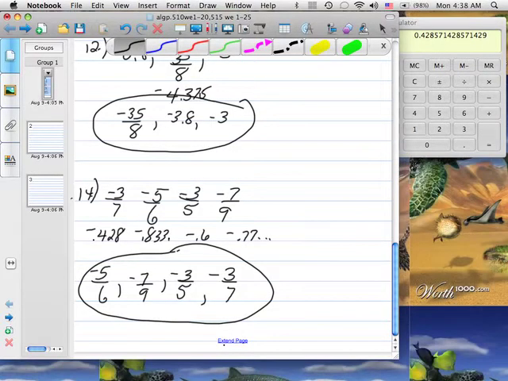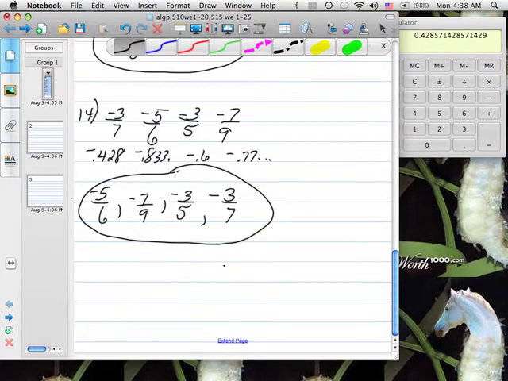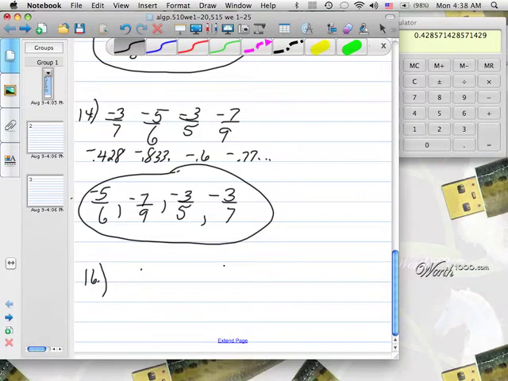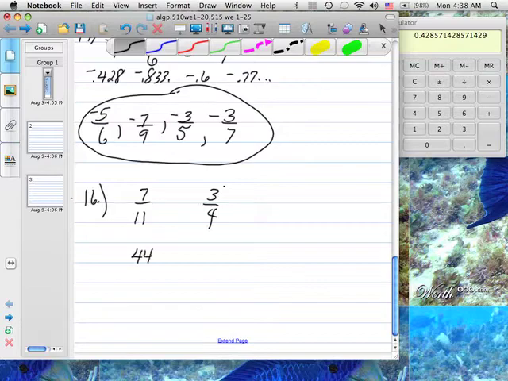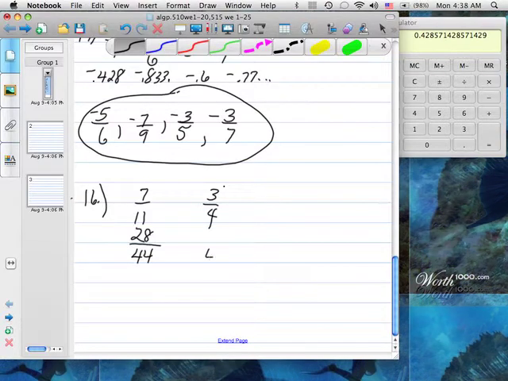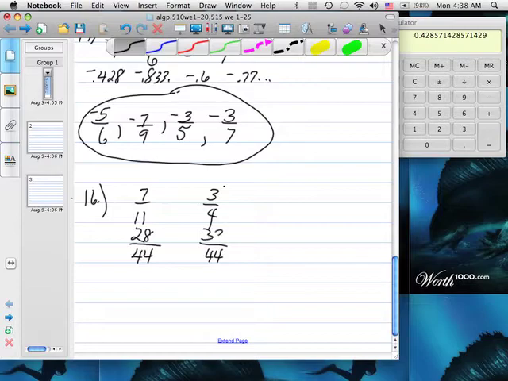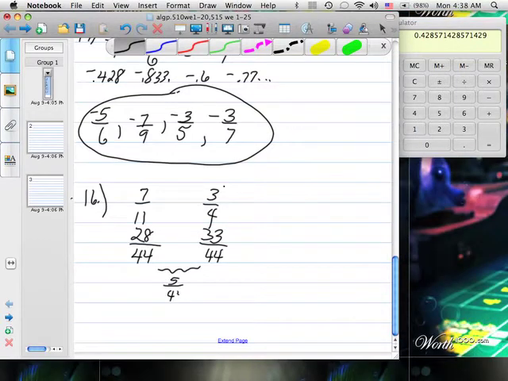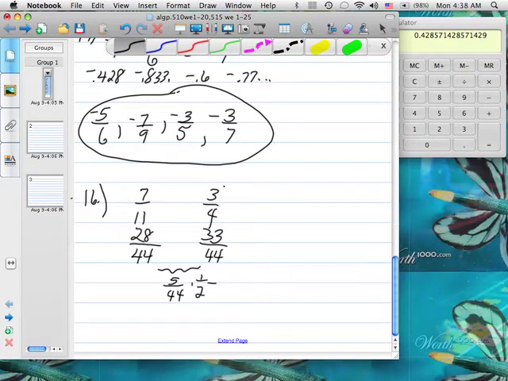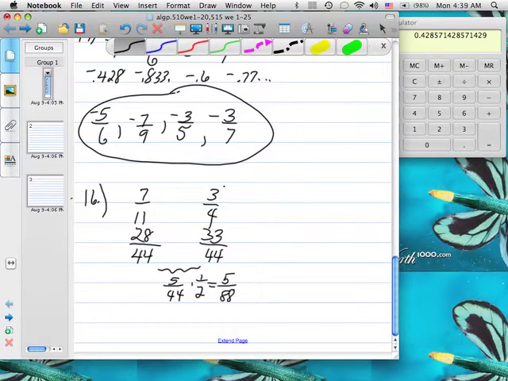And then 15 through 20, find the number halfway between the given numbers. So 16, I have 7/11 and 3/4. If I get them with the same denominator, which would be 44, this is 28/44, and this is 33/44. The distance between these is 5/44, and half of that would be 5/88, and I would add it to the smallest,